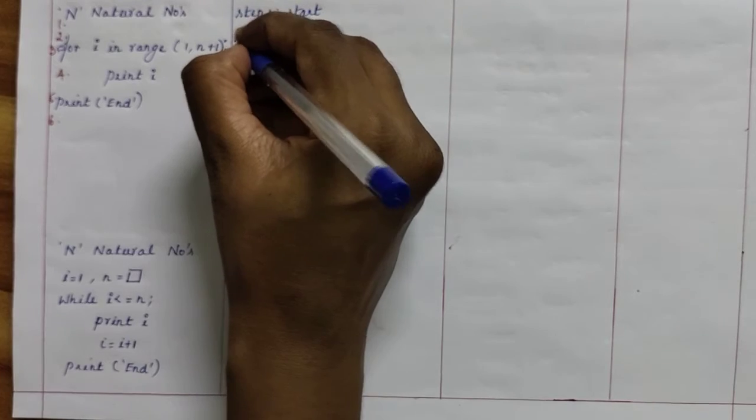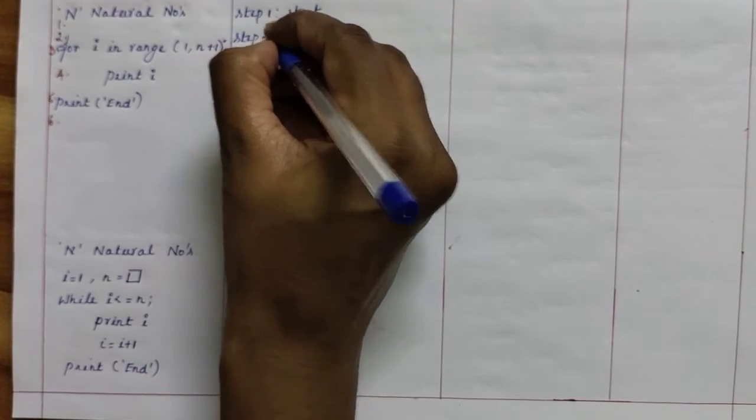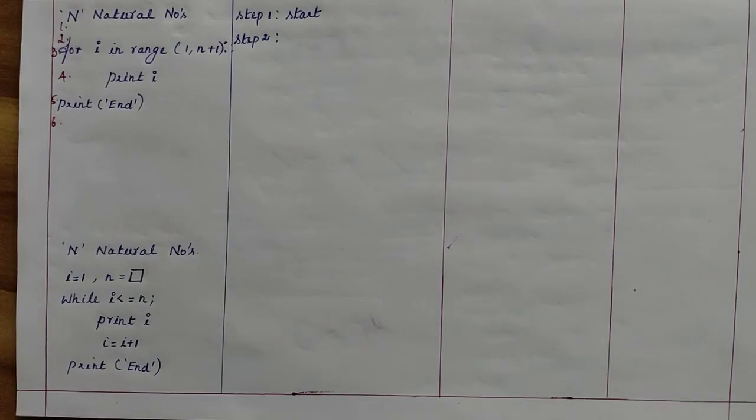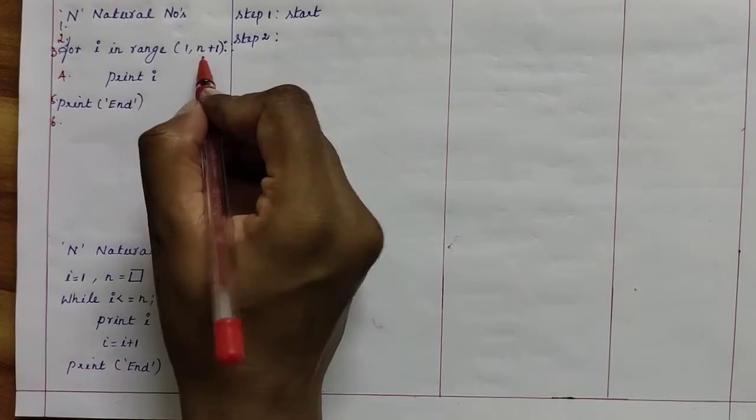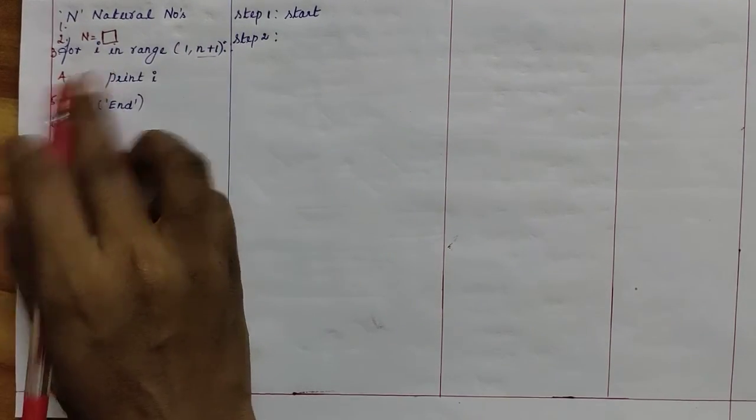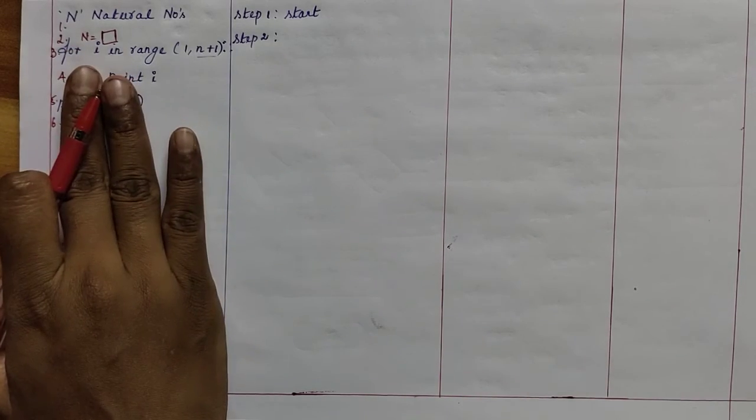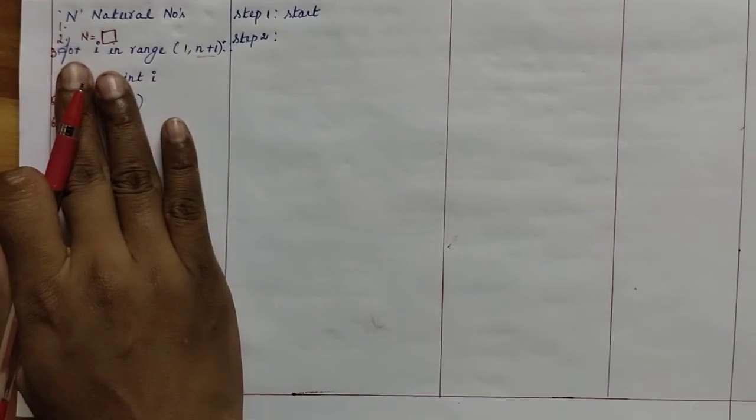Step 2 is you are going to get the value for n. So here I am just giving n. Now we are going to write it in a generalized way, that is, you can give any value for n. At one time you can give the value of n as 10, at another time you can give the value of n as 4, at some time you can give the value of n as 25, any number.